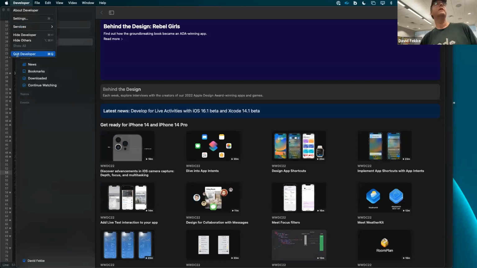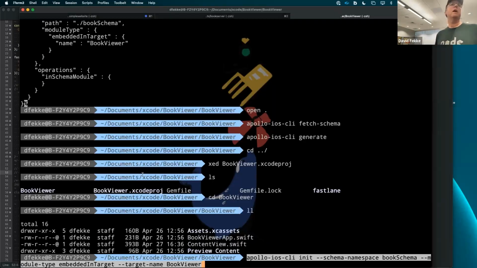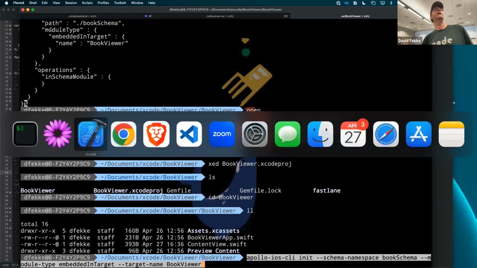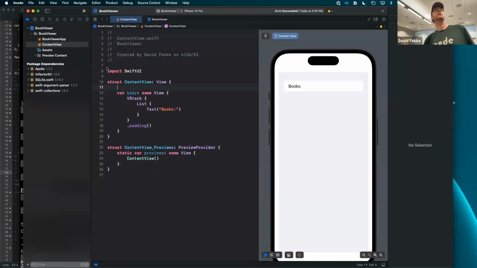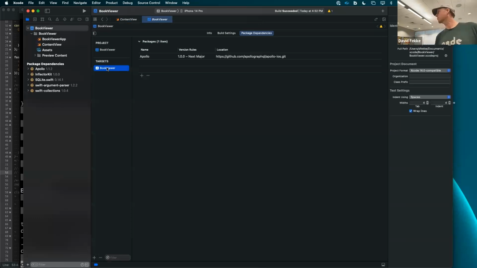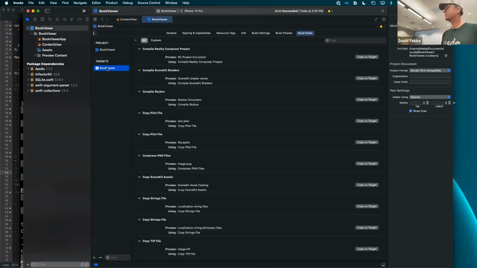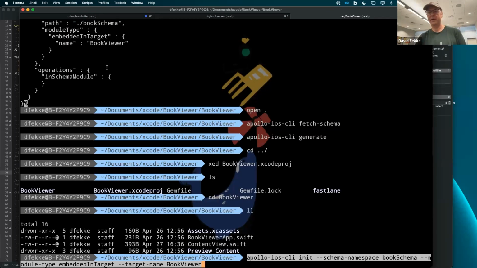Sorry about that. So we're declaring a namespace. We're going to call the namespace book schema. The module type is going to be embedded into target, and we're specifying book viewer as the target name. So if I come back here to Xcode and select the book viewer, you can see there's this target here called book viewer. And that's basically what we're targeting. We're targeting the target. And then if I come back here and I run this,